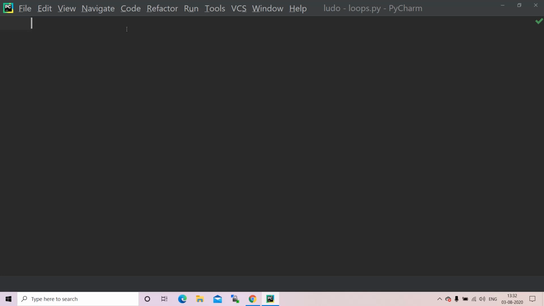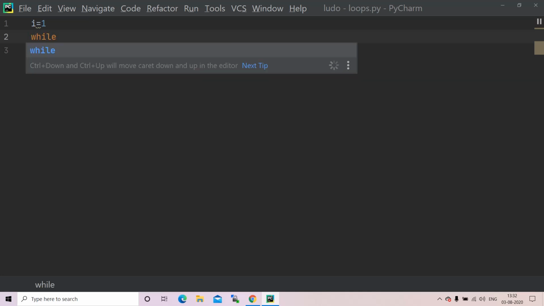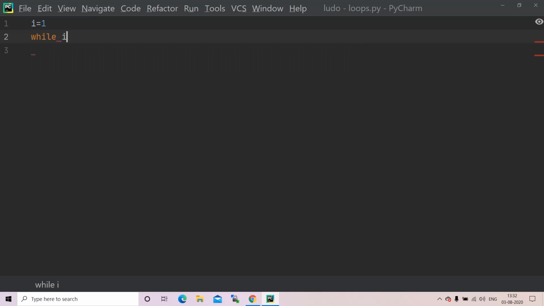With while loop, we can execute a set of statements or a statement as long as the condition is true. Okay. For example, let us take a simple example. I is equals to 1. This is called the initialization statement of the while loop. Here I have initialized the value of I to 1. You can set it to 2, 3 or whatever value you want. Okay. You can also start with 0 or any other negative value. Okay. Now I am taking while I less than 10,